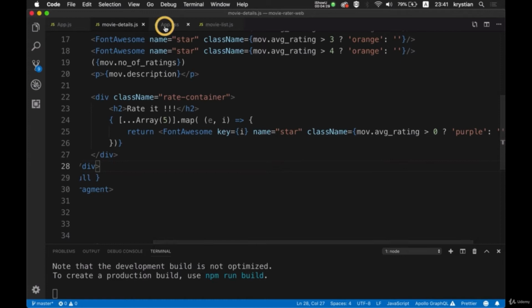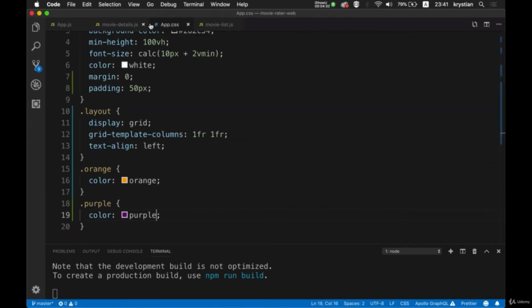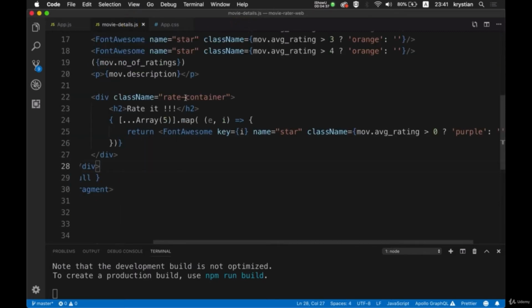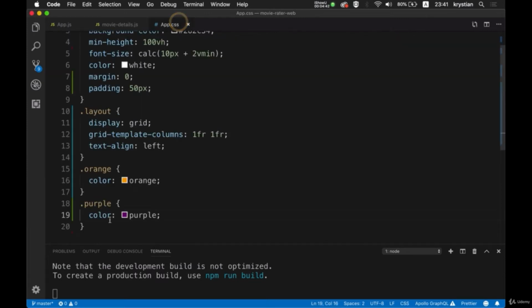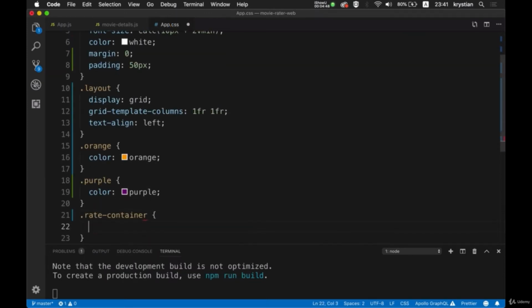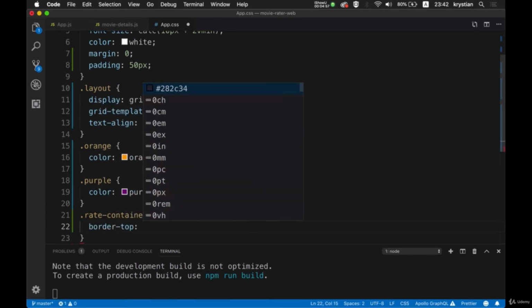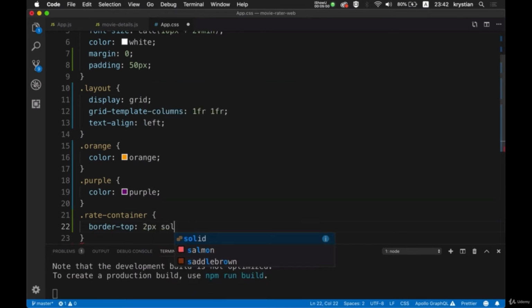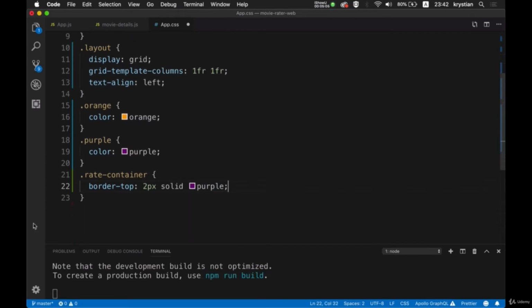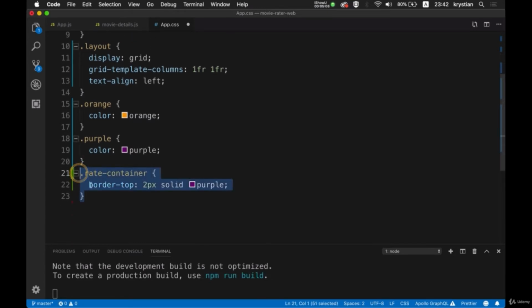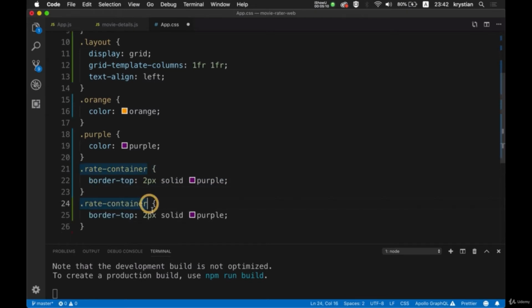What we can do is also apply some styles to it once we are here. So I will do rate container. I can do border top, 2 pixels solid, and then I can do purple. So it will make a little bit of distinction between the previous section, and then inside this I will do